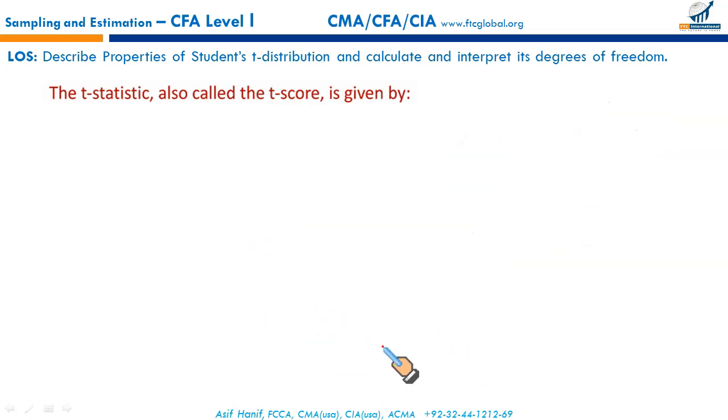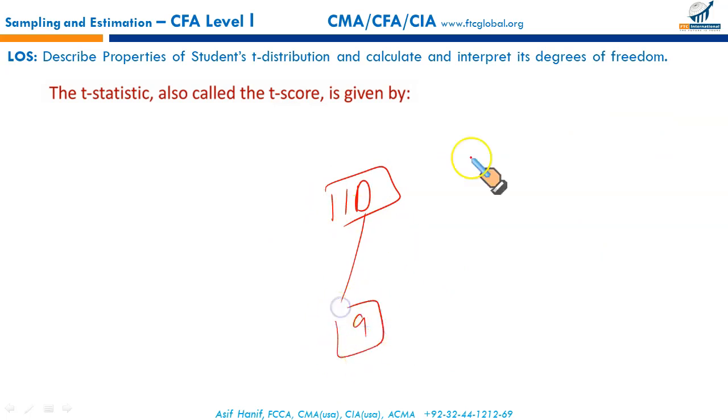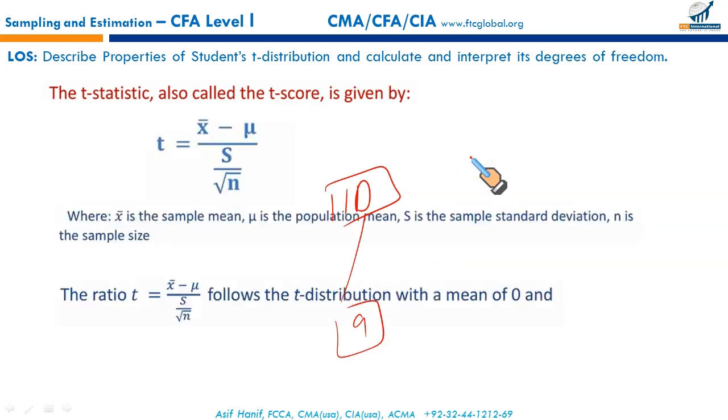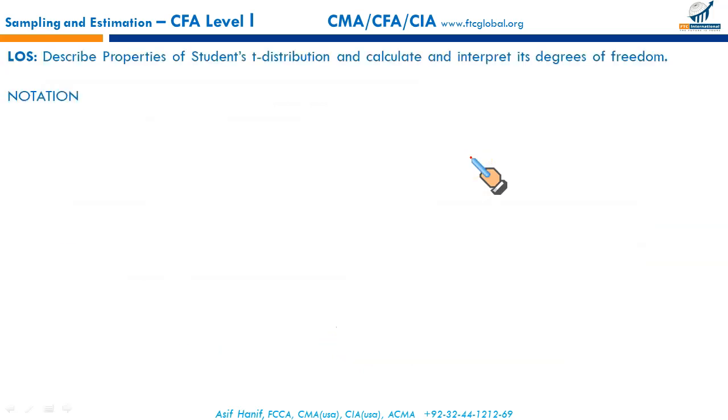Let's say if you have 10 observations, and you're analyzing those observations, so degree of freedom is just 9, because for the 10th one there is no freedom for you. That's an important point to be noted, because this will be used. Okay, so this is how